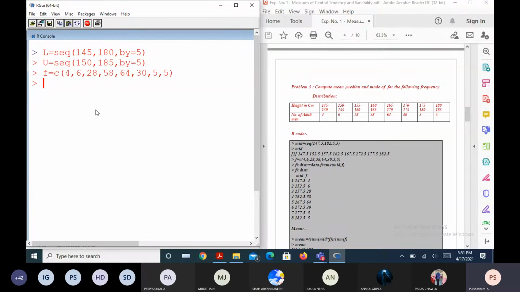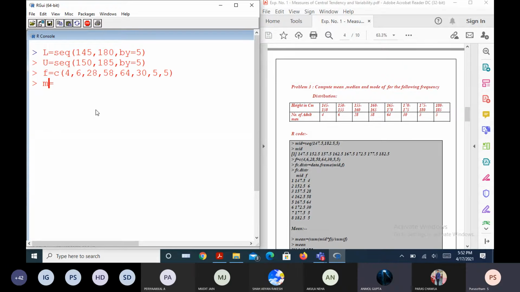Now, in order to find the mean or median, particularly mean, we require the midpoints of the class intervals, isn't it? Yes, sir. So how do I get the midpoints? Say the mid values, or simply I can denote them as M. How do I get the mid values?